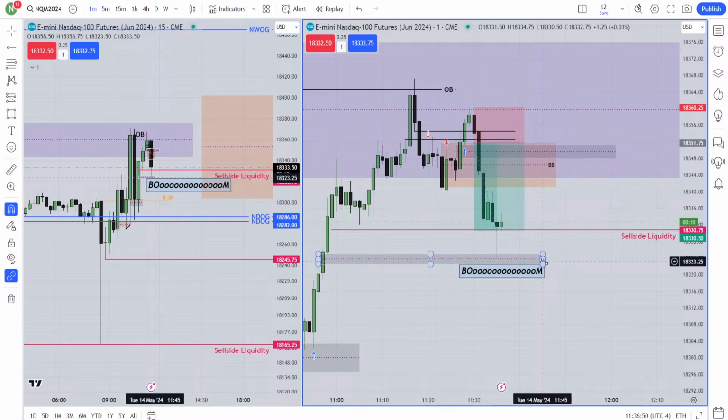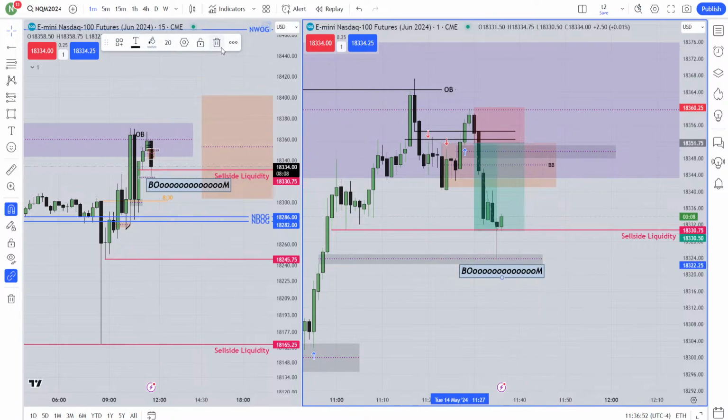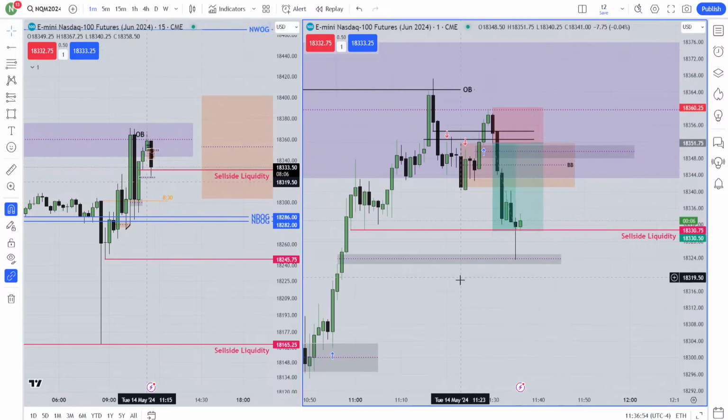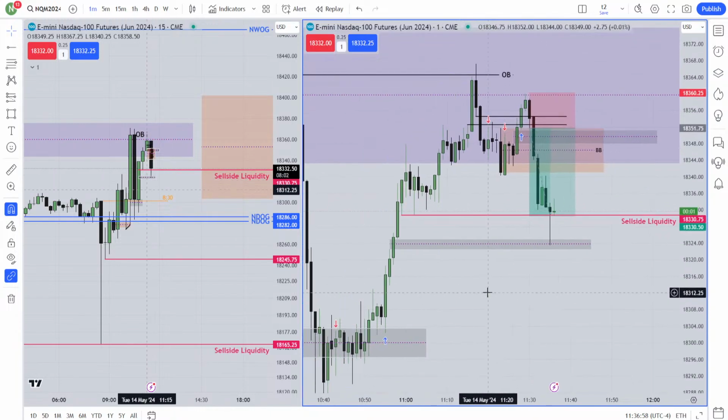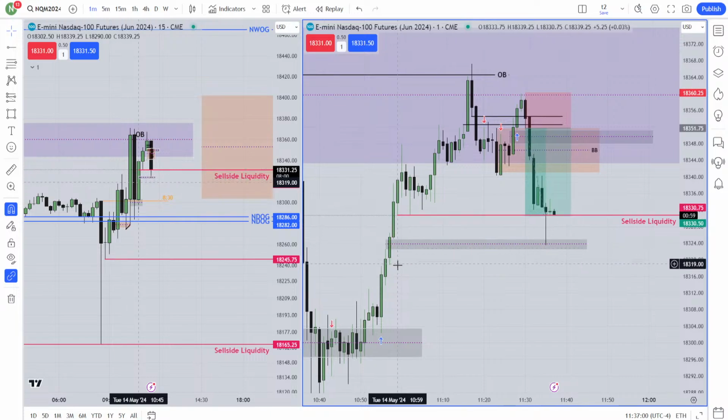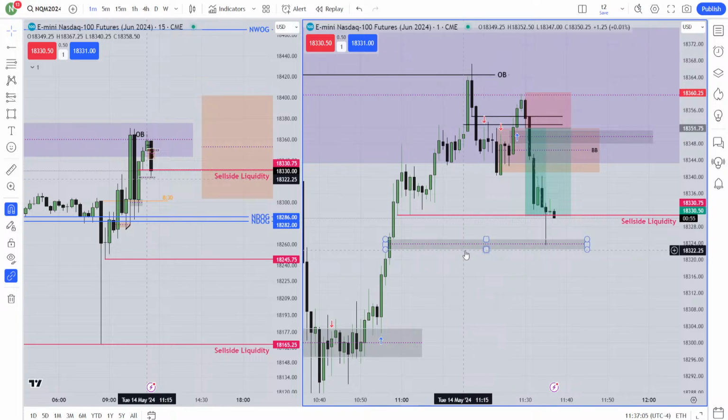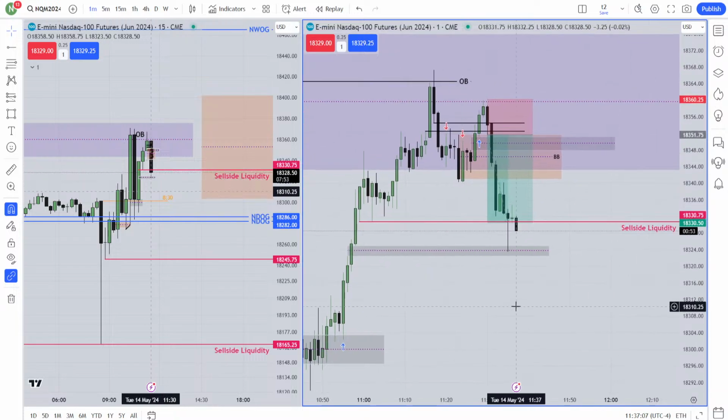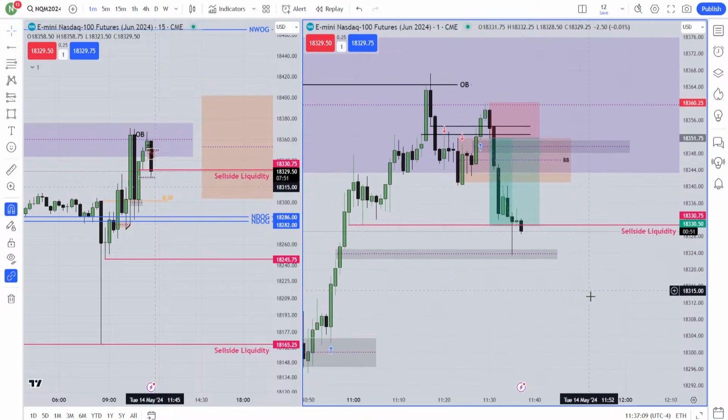Nobody asked me why this fair value gap. Okay, I'm going to ignore that, and if you ask me now, I'm not going to answer. You can say this is maybe an entry fair value gap. Yeah, that is also an entry fair value gap, but that was not actually the fact. So whatever, let it go.